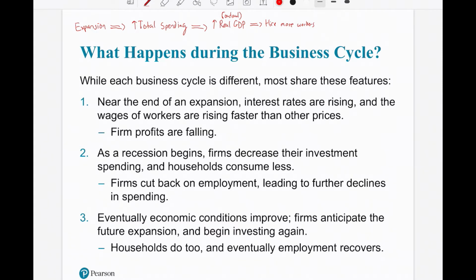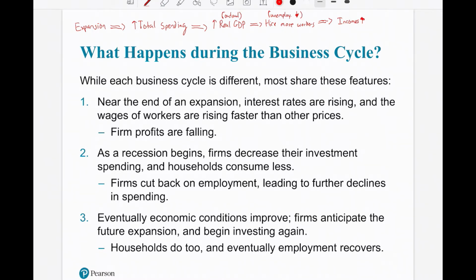Because in order to increase your output, you need more workers. As a result of hiring more workers, once again, unemployment goes down. Now, as they hire more workers, this is going to lead to incomes going up, because more people working means an economy where there's more money flowing. So income is increasing